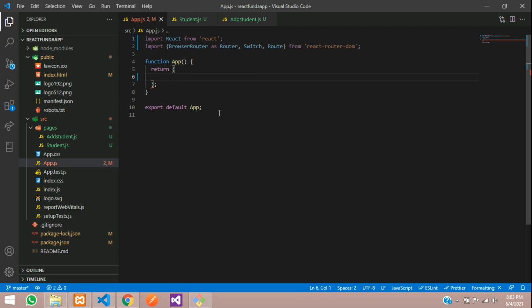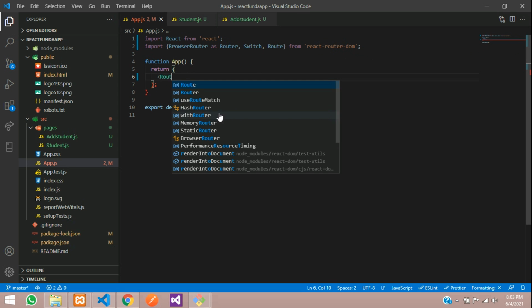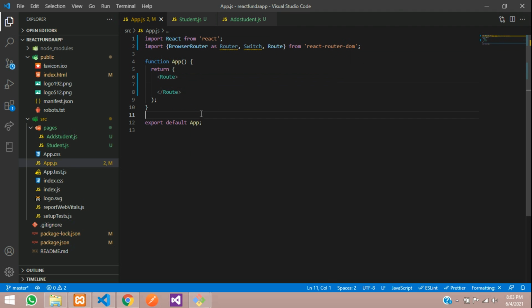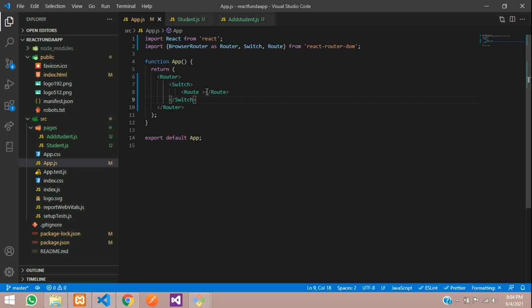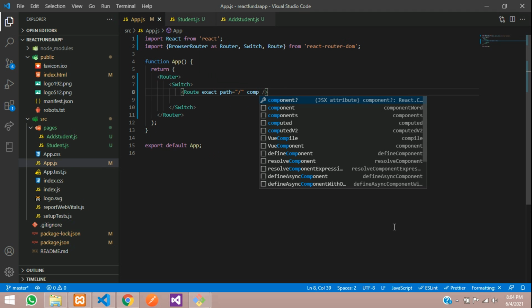Done. And now guys, you need to call your router first. So which router? This router. Okay, so this router, you need to call that router and then Switch, and after the Switch you need to use this Route. Let's use that Route, close, and over here you can use either in this format or else we'll remove and give just /. Here we are going to tell exact path is equal to double quotes /home, and then component is equal to